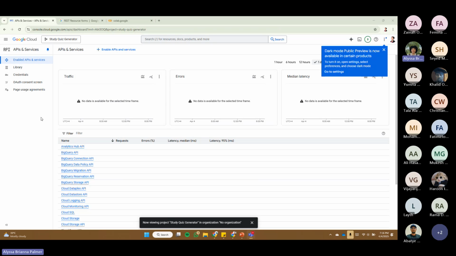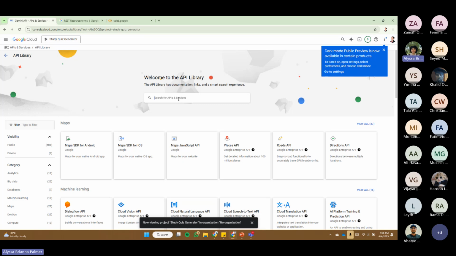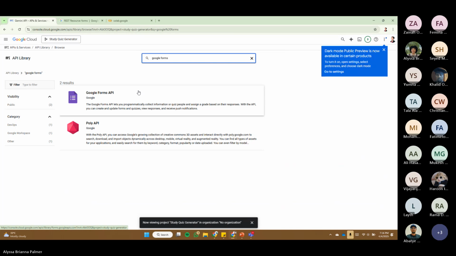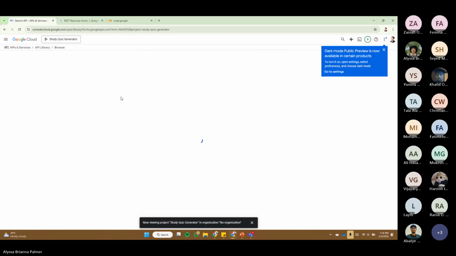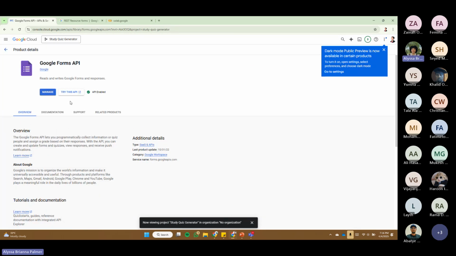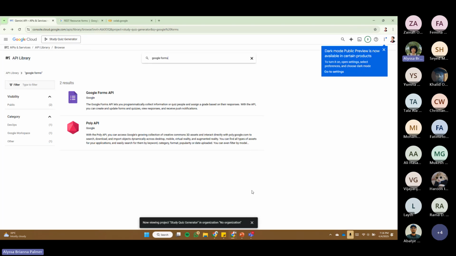Okay, so I'll just walk you through the steps one more time of how to add the APIs that we need. So what you want to do is click on Library, and then we need to search for two APIs. First is the Google Forms API, so just type Google Forms and select the first one. Now mine is already enabled, but here you will see Enable pop up as an option. So just click Enable and allow it to load. Once you have that, you can go ahead and enable the next API that we'll need, which is the generative AI